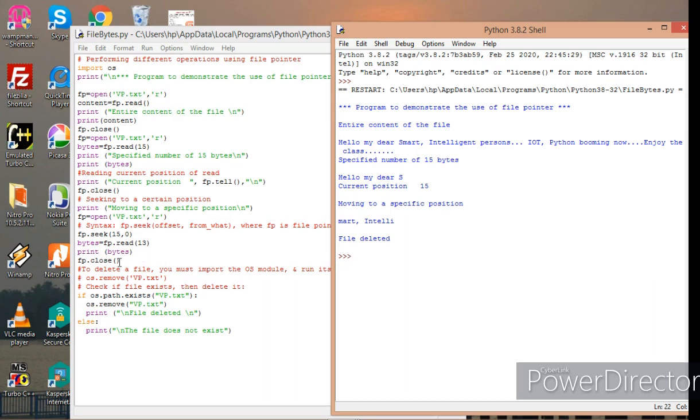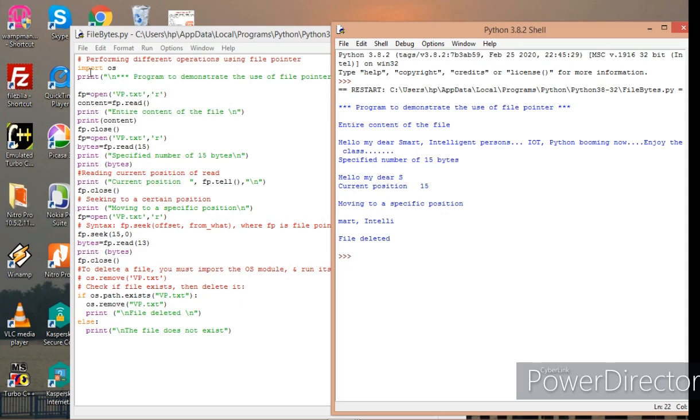Then I am closing this particular file, and one more method I want to discuss is removing a specific file. How can I remove a specific file? Of course, I can use the os.remove method, and give the parameter as the file which I want to delete.